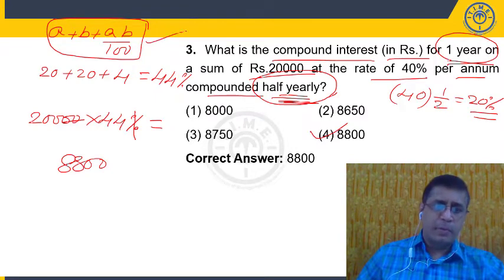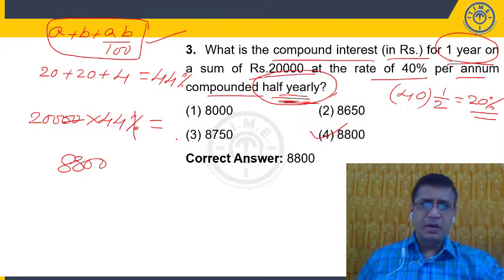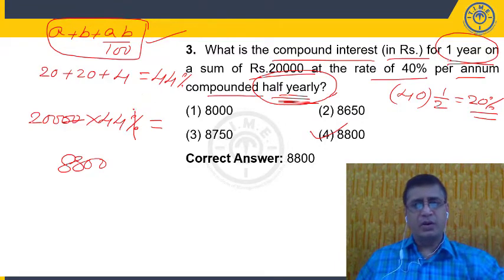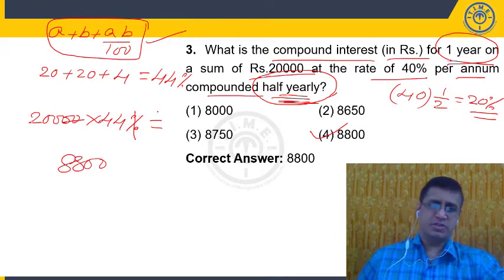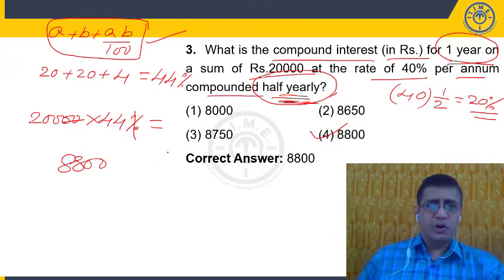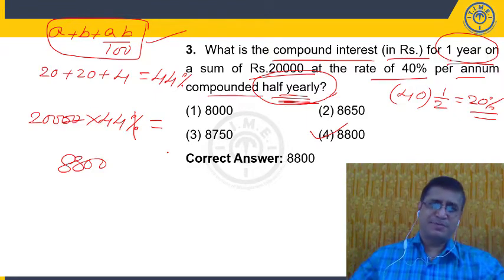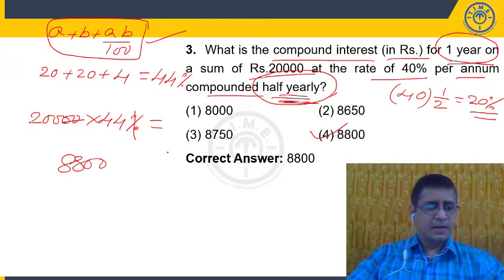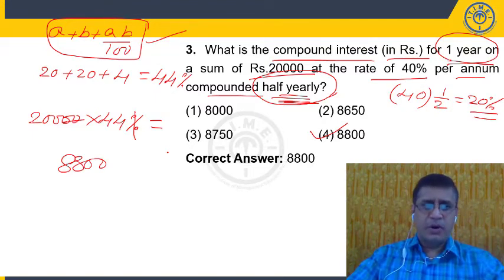This is the formula you need to remember. So what is the formula here? A plus B plus AB by 100. So we can use this formula to find out the effective rate of interest under compound interest. Okay. Please note the solution and please pay attention to the explanation. Shall we move to the next example? Hope you are copying all the information.